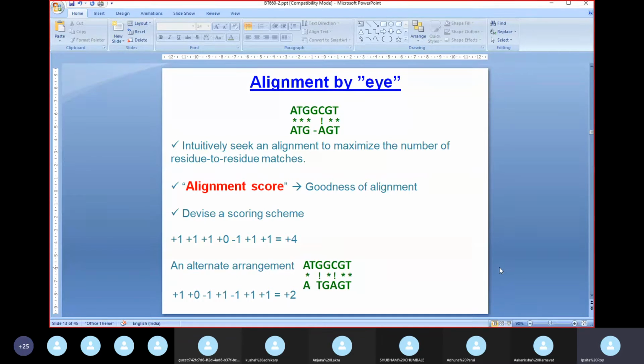Let us say one is +15, the other is +14. Now, +15 is obviously higher than +14. But then you find that the structure that comes up when I do the alignment, which has a +14 score, fits in much more with all the other things I know, what kind of activity it has, what kind of structural stability it has. The structure with +14 suits those properties much more than the structure with +15. So ultimately, it is your judgment.